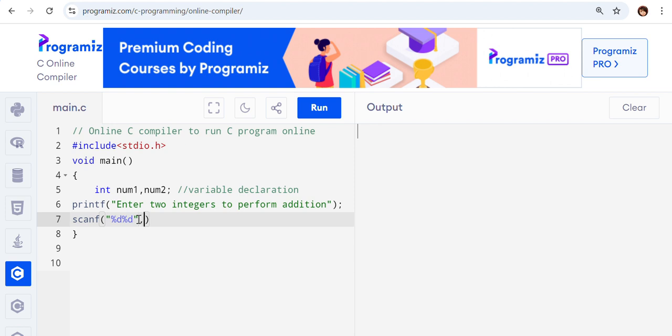And a comma. I told you that scanf is like a postmaster. It needs the address to identify the variable where it can load the values. So ampersand num1, comma, again ampersand num2, where ampersand is nothing but the address of that particular variable. Now the two values will be scanned by the scan function and loaded into the variables. The first value will be given to the num1 variable and the second value will be given to the num2 variable.